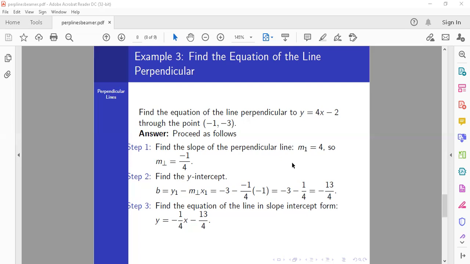Our third step is to find the equation of the line in slope-intercept form. We found the slope, we found the y-intercept, so we just put it into that form, and we end up with y equal to -1/4 x minus